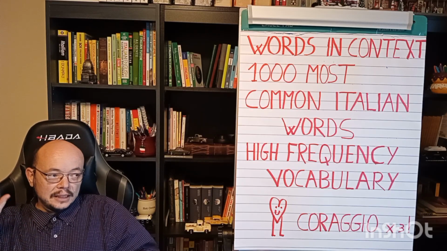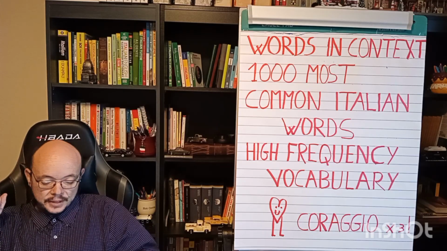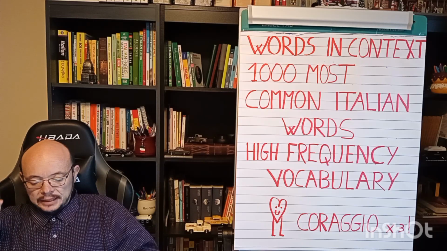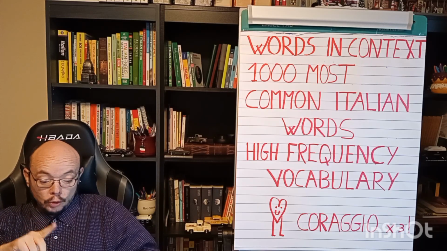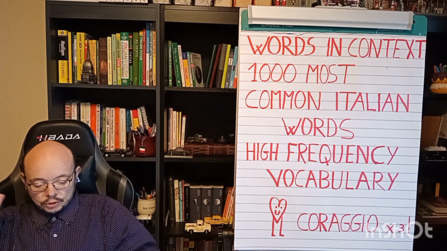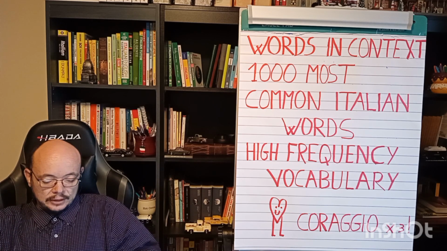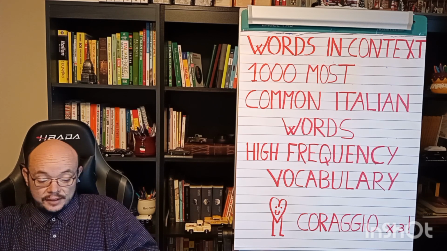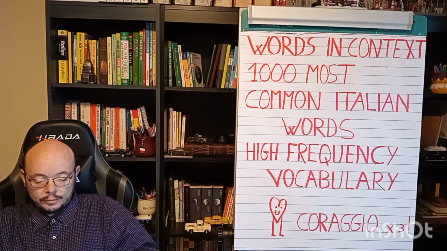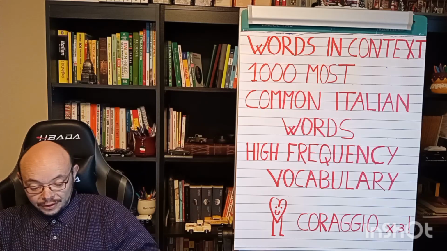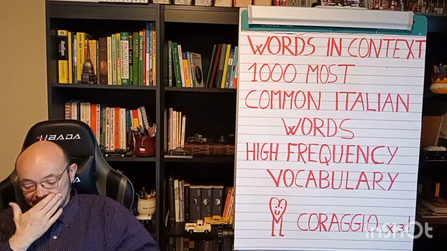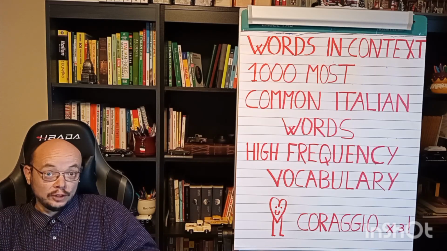His dad kisses him on the forehead and says, Carlo, ti va di mangiare la pizza questa sera e dopo un gelato al pistacchio con la panna montata sopra? So Carlo, do you feel like eating a pizza tonight? And after that, an ice cream with a taste of pistachio with whipped cream. So basically they read his mind, or they knew what he likes, and so he's asking him if he feels like eating his favorite stuff.